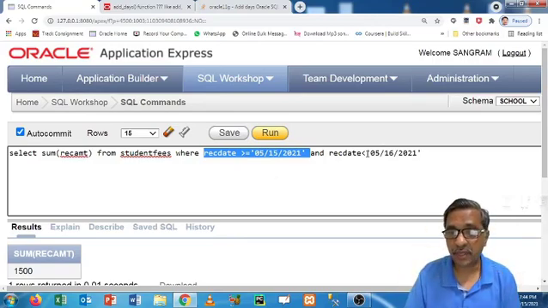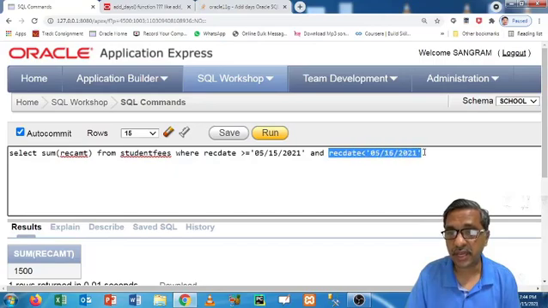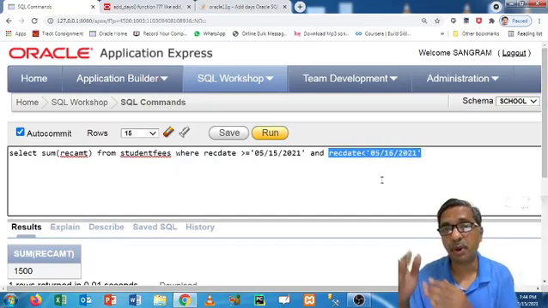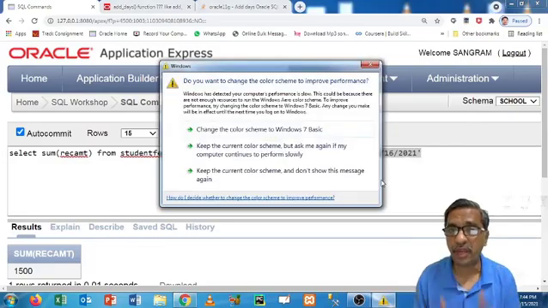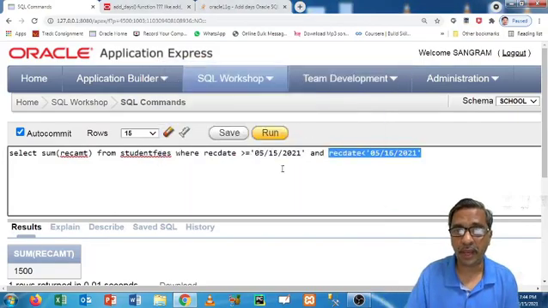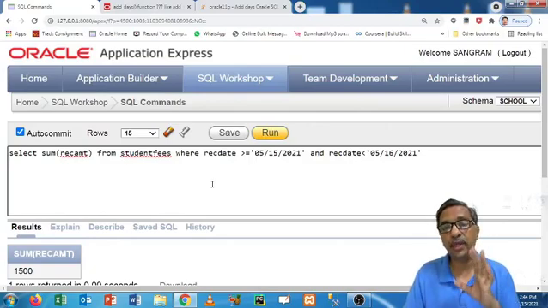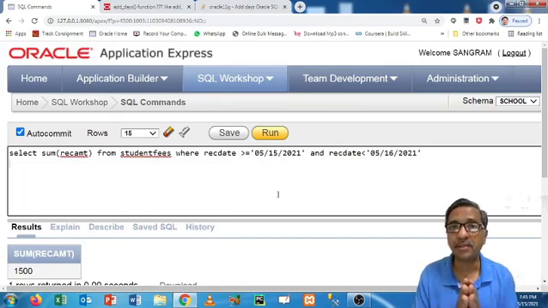Okay, and then until receipt date is less than 05/16/2021, that means before 16th May, that is, today evening up to 12 o'clock. And now if we execute this, it works perfectly. So the most important part in Oracle, if you want to search the record of a specific date, is how that date is inserted. If that date is inserted directly through keyboard or by the user, then you can mention the date directly, like what we have mentioned, 20th April 2021.